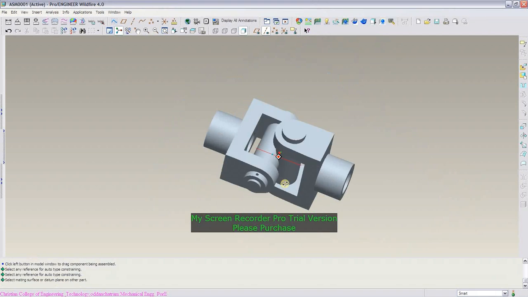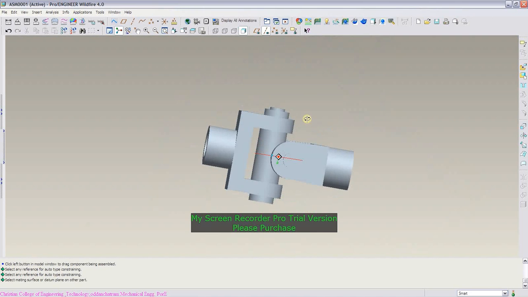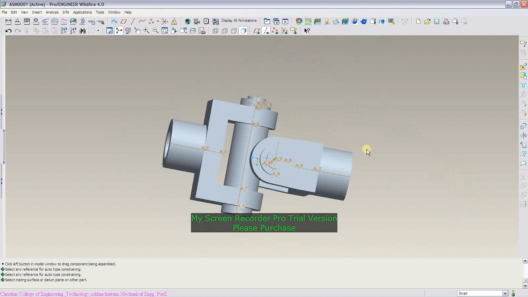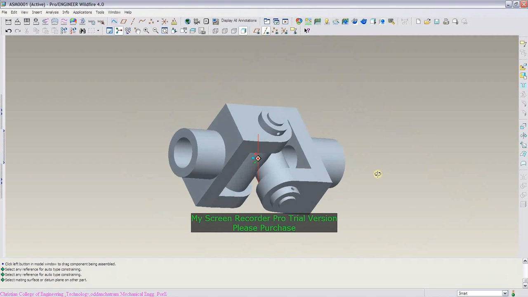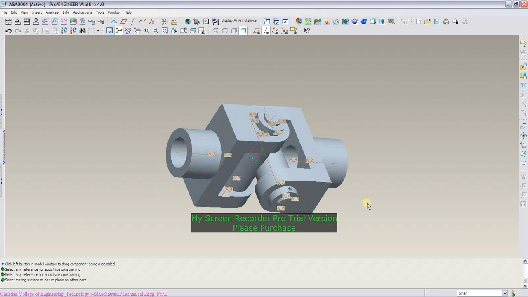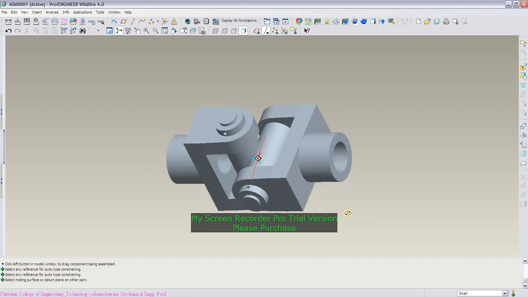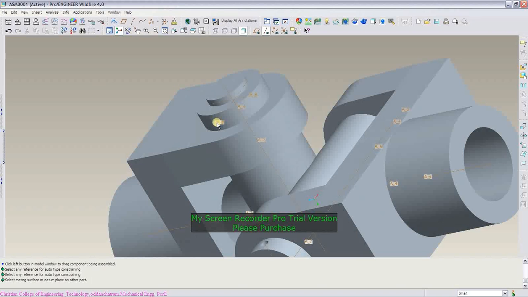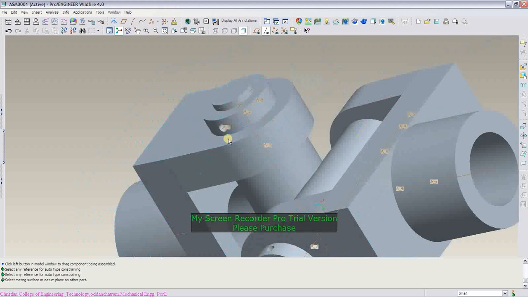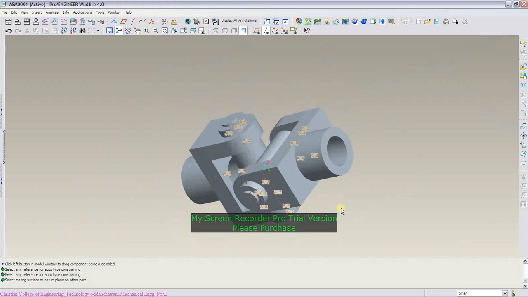This is the universal coupling assembly. If you have a component of a shaft and then taper pin, you can insert here. This is the universal coupling of